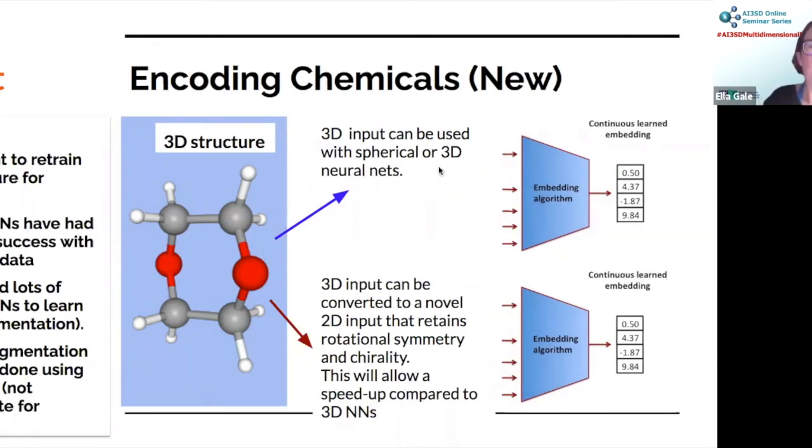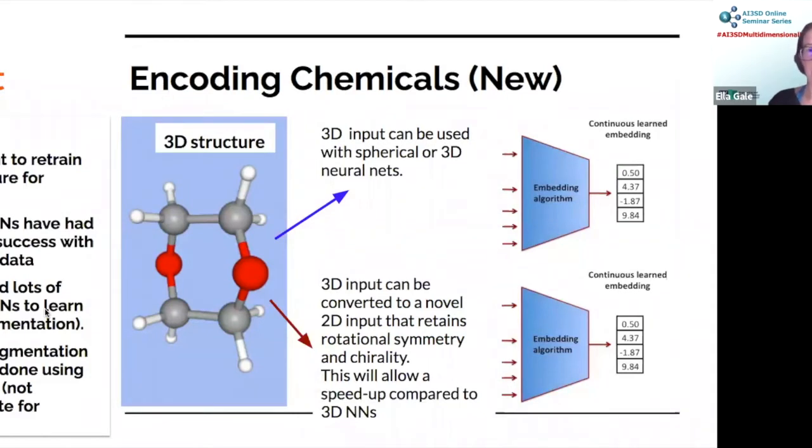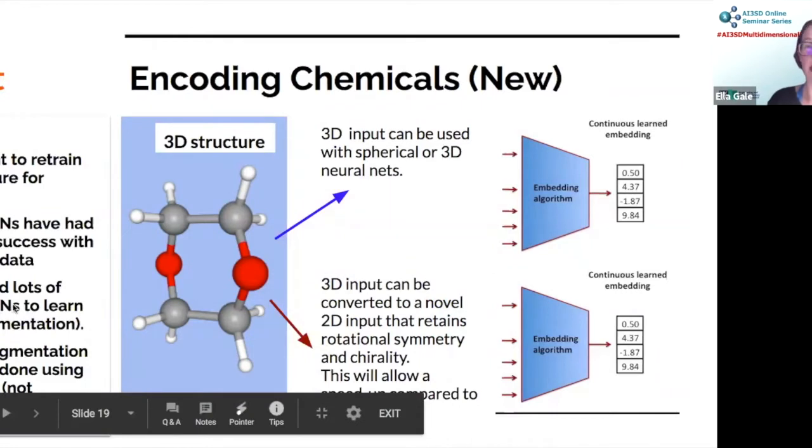And they're quite slow because the best deep neural networks, which are the ones that have kind of caused the recent excitement in machine learning, tend to work best with 2-dimensional image data. So there's a lot of good neural networks to deal with 2D graphical data. And one way they work is they do data augmentation. So you get lots of pictures to train your neural network and you flip them, because a cat reflected in a mirror is still a cat. So you can increase the number of data you can use to train your neural network.